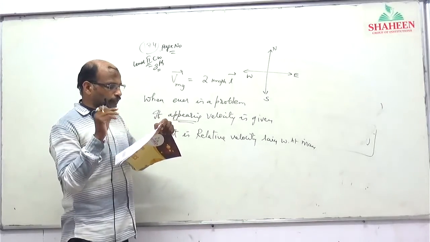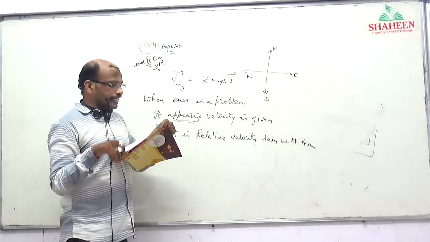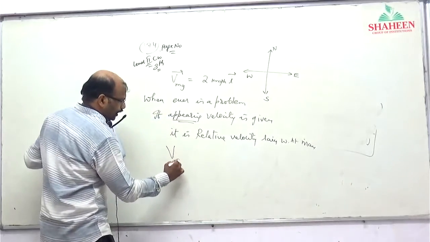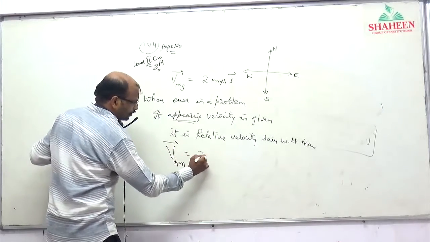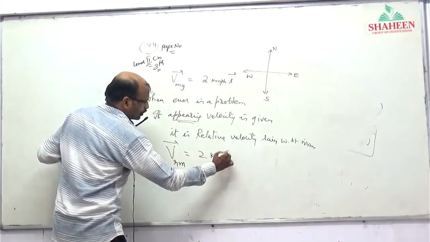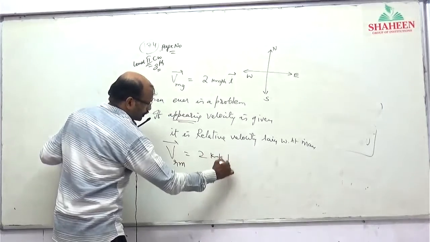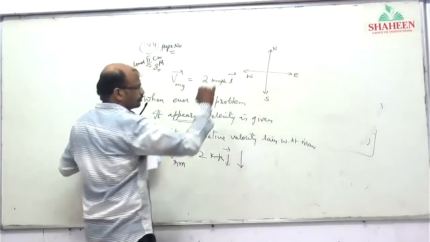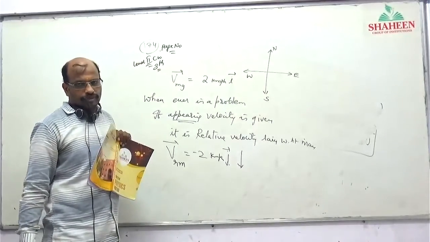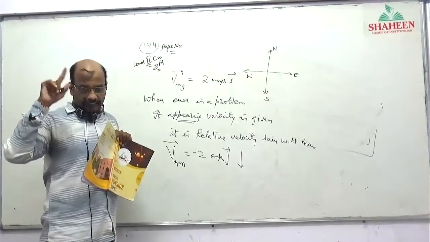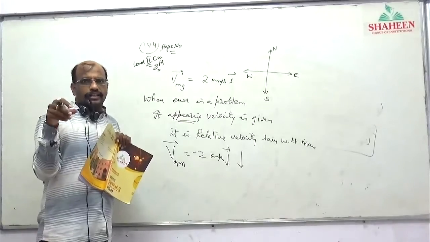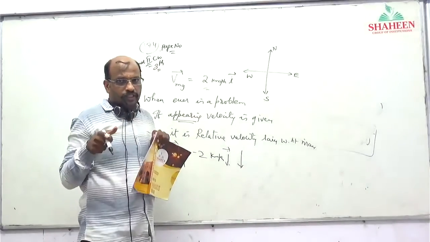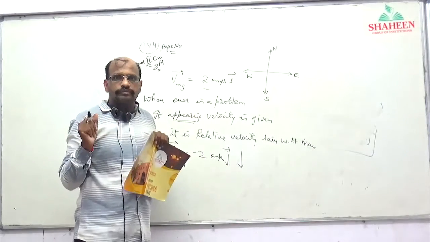So rain appears to him to come down vertically at the rate of 2 kilometers per hour. So velocity of rain with respect to man क्या है? 2 kilometers per hour downward direction. बोलो तो negative j direction ठीक है. Downward direction बोल के लिख रहा हूं. South direction. Vertically fall कर रही है जैसा दिख रहा है. When he is running with a velocity so and so, rain is appearing to be falling vertically. He should tilt his umbrella straight only in that case.